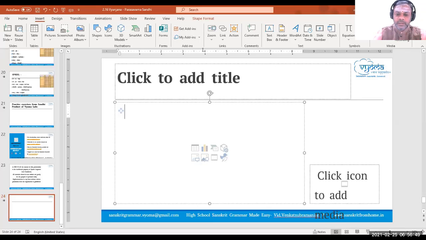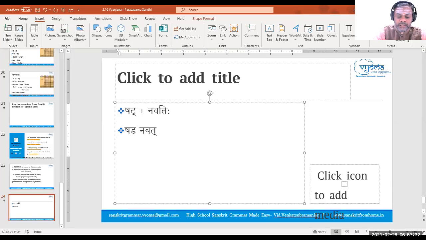Now in Shannavati, so Shat plus Navati. This is the first step. Now it will become Shat Navati. Then it will become Shad Navati by the Jastva Sandhi rule, the first letter becoming the third letter. Now the conditions of Anunasika Sandhi are satisfied here. So Shad becomes Dakarasya Anunasika Varnaha, Shan Navati. Now, this is how the Sandhi is formed.